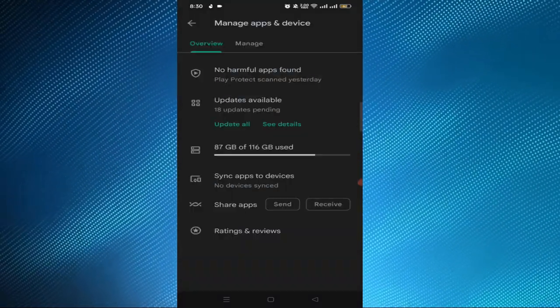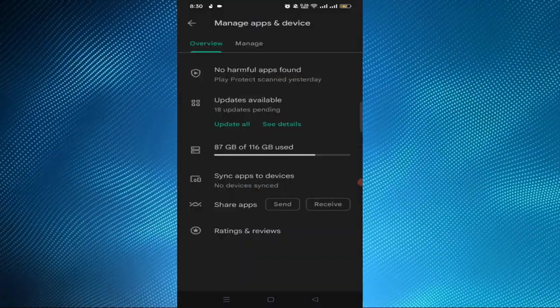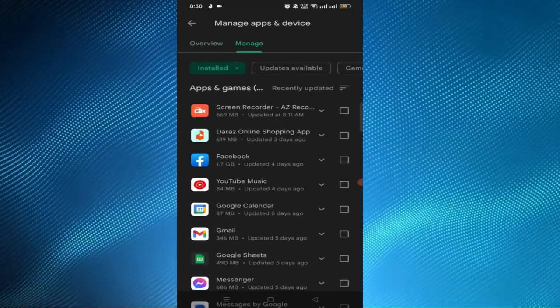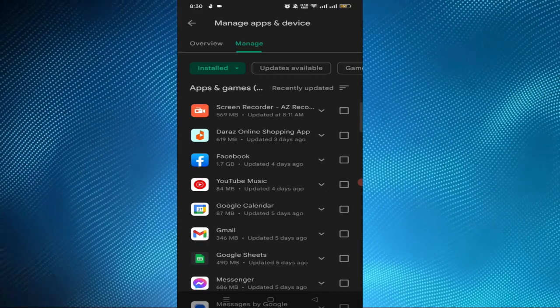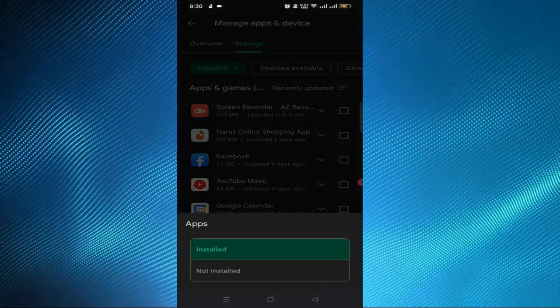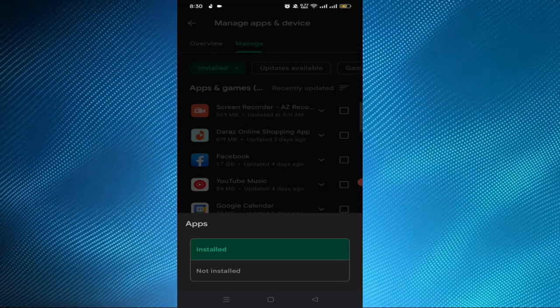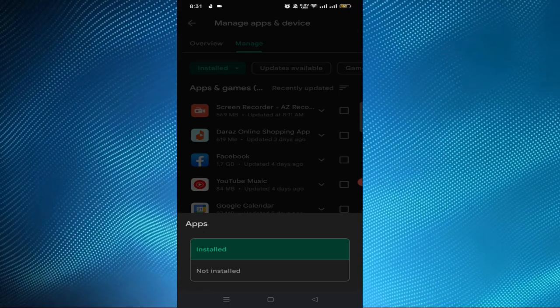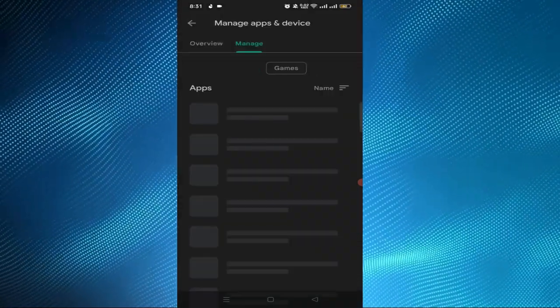Device option. And here we have to tap on the Manage at the top, and then we have to navigate to the green drop down menu at the top left of the screen and tap it. And after tapping that, we can see there are two options, installed and not installed option. We have to tap on the not installed option at the below,